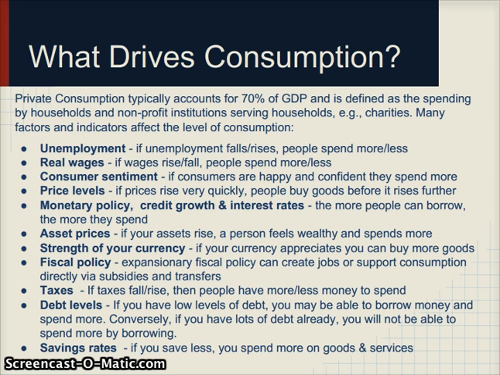And last, but of course not least, these are just some of the largest themes which I think are important, your savings rate. So if you save a lot, then you're probably spending less. If you save very little, then you're spending a lot, or you're spending more. So the saving rate in a particular economy also helps determine what future consumption is going to be.